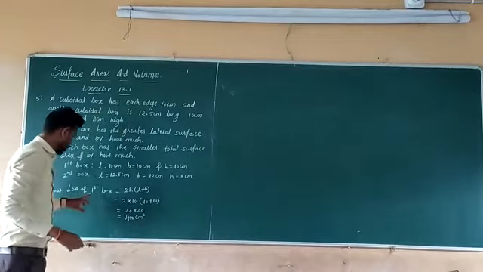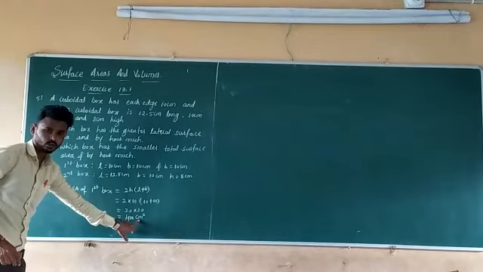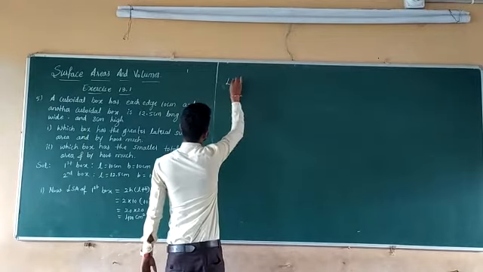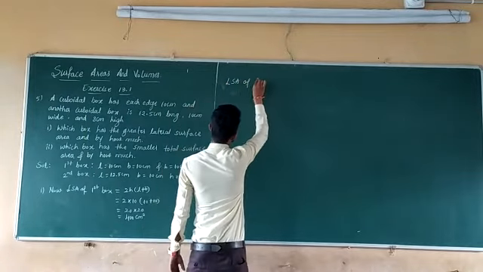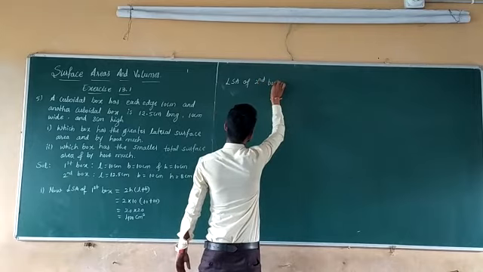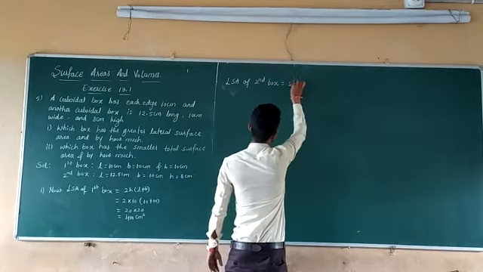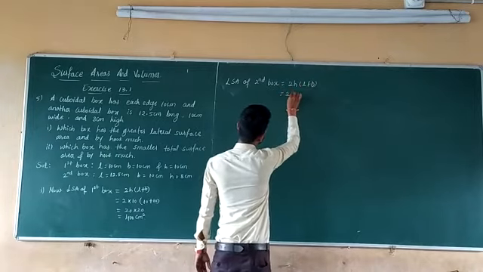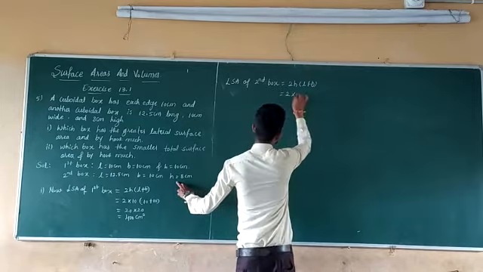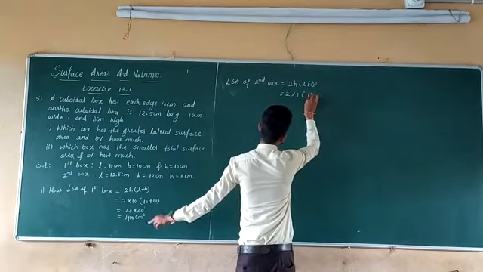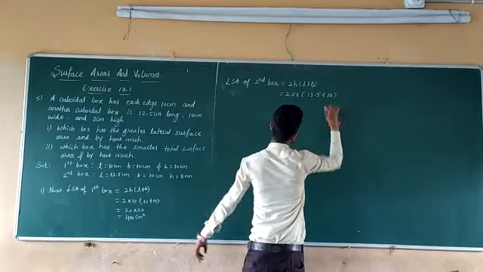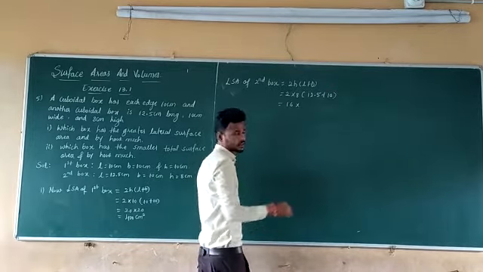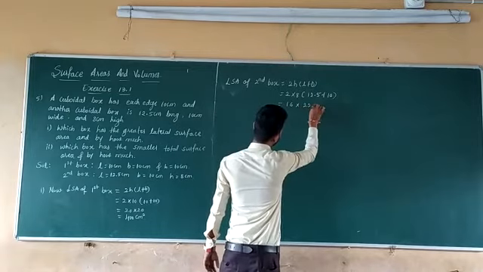Okay, now you got LHA of first box, 400 centimeter square. Similarly, find the LHA of second box. LHA of second box, the formula is same, 2h into bracket L plus B. So that is 2 into h of second box, which is 8, into L is 12.5 plus B is 10. So 2 into 8, 16, into 12.5 plus 10, you will get 22.5.